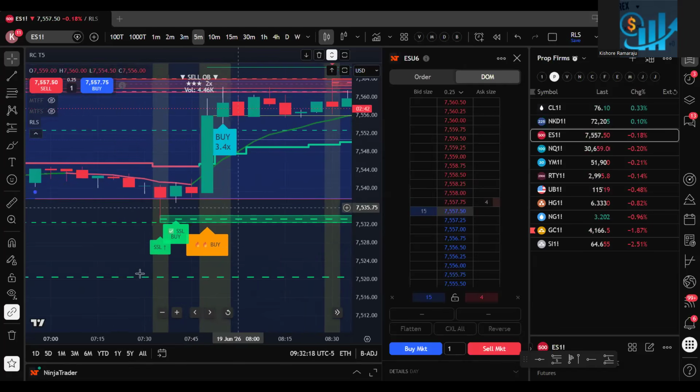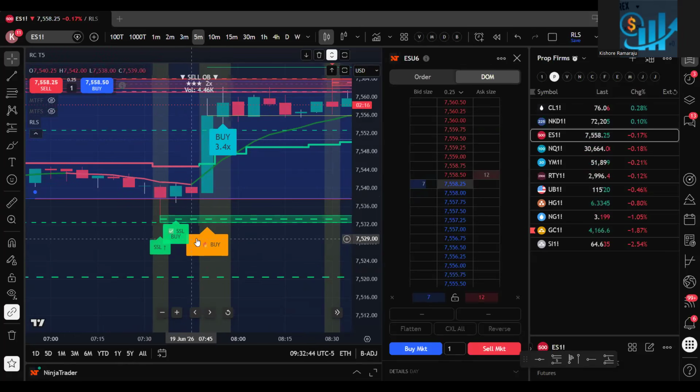So now after the sweep, immediately if you get a buy signal, that means now you know that, oh, sell side liquidity is over. Now they are taking the market up. So if you buy here, you will get much bigger profits, right? Because they did the stop loss hunting, they started taking the price up. So now if you know that, oh, we got an SSL buy, later we got another buy signal.